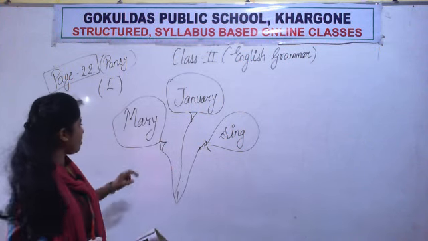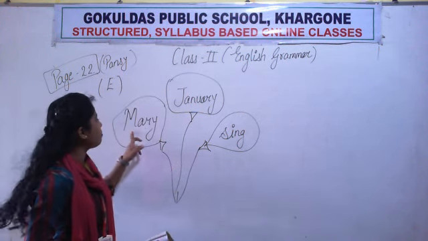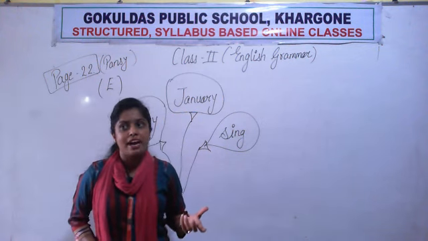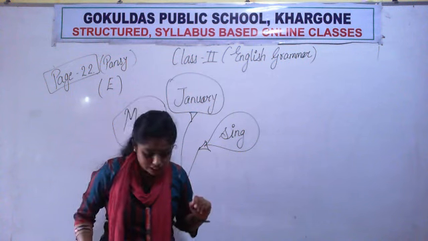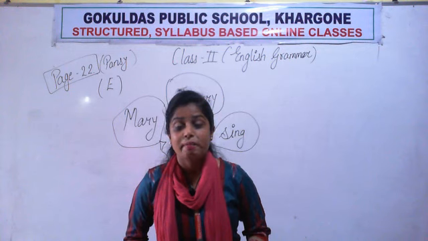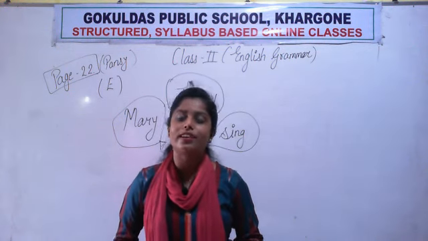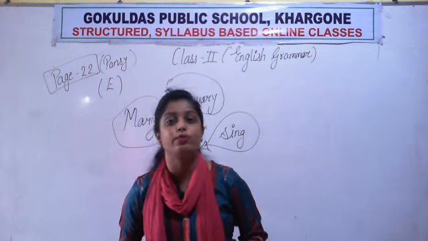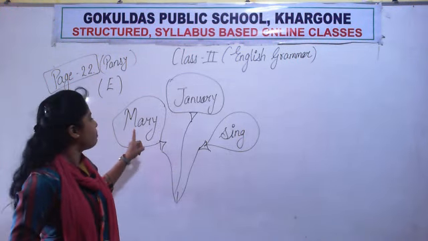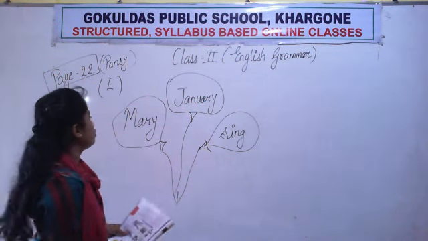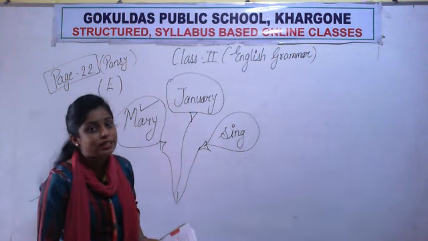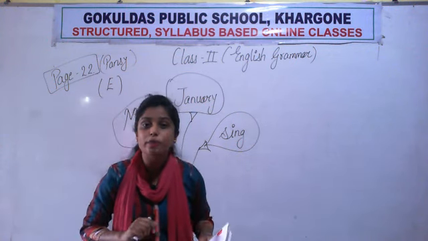So let's have a look at this word. What is this? M-A-R-Y, Mary. Mary can be the name of a person, just like that poem you have studied in your pre-primary classes, Mary had a little lamb. In that poem, who was Mary? Mary is the name of a girl there. Mary is a noun therefore. So we will tick this balloon like this. You will do it with your pencils, and those pencils should be sharp.